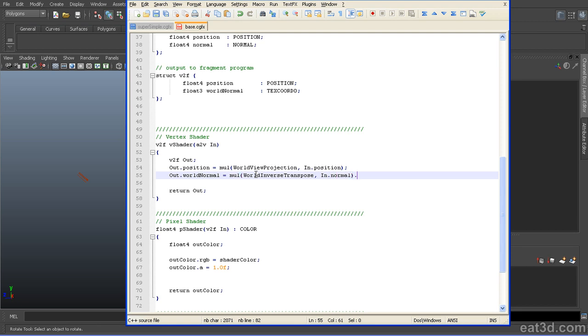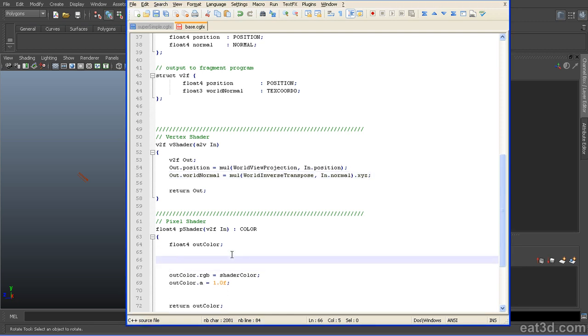And then here's going to be a new thing, where the result of this is a float 4, but we only want 3 components of it because this is a float 3. So to do that, we just do XYZ, and RGB also is valid. If we don't have that, it's going to complain and say, hey, this is a float 4, you're trying to shove it into a float 3, what are you trying to do? So if we do the XYZ, it kind of truncates it down. So that's all you really need. The vertex shader is done, and then all we have to do now is